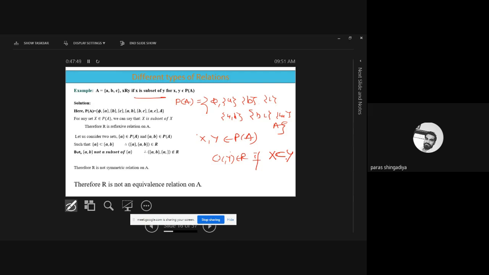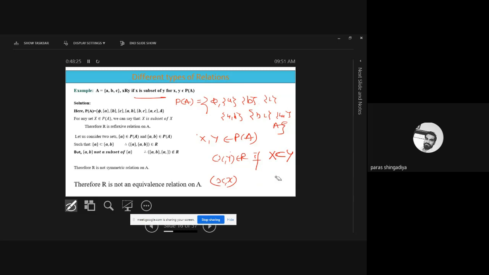So first we'll prove the reflexive relation. The reflexive के लिए आपको prove करना है (x, x) should be part of the relation. So what is the meaning of (x, x)? Can we prove x is a subset of x? Then (x, x) belongs to R. So x is a subset of x. That is true. कोई भी set खुद का तो subset होता ही है.